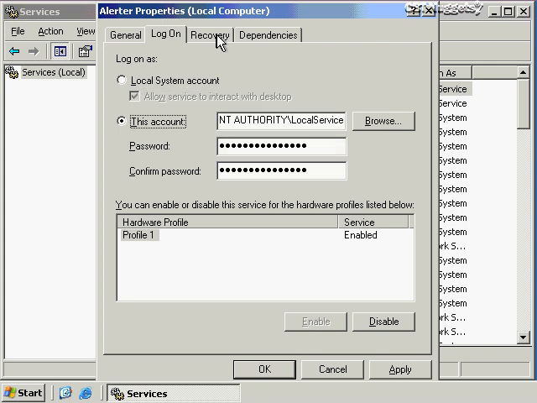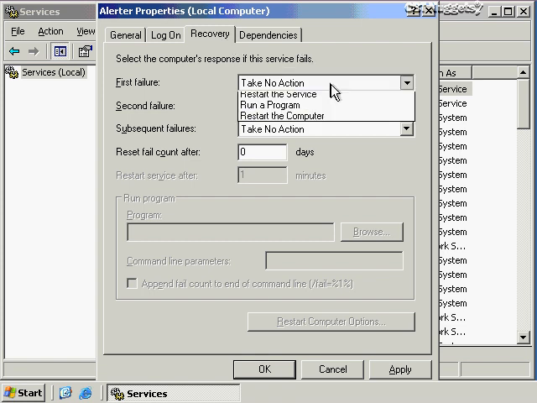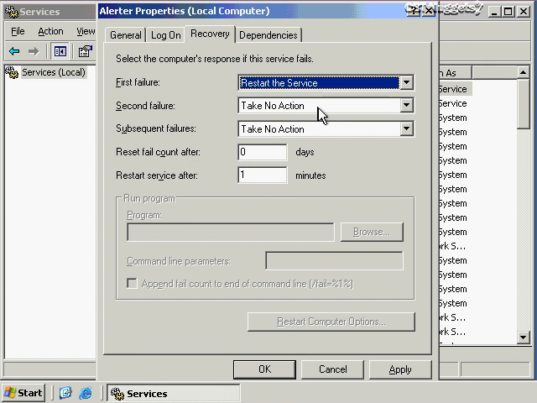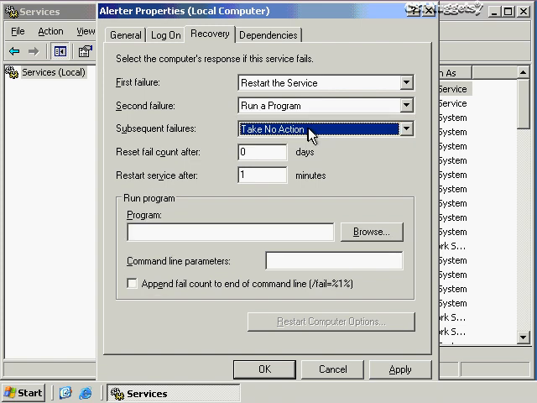And then if this service is supposed to be running and then it crashes, we'll see what happens in recovery. We can say after the first failure, take no action, or we can say restart the service. And then after the second one, we can say again, maybe run a program, maybe run a net send batch command that will send a message out to an administrator account somewhere so we can be notified of a problem. And then maybe any subsequent failures, we'll just take no action. And that might be advisable because we might not want this to continually try to use processor cycles restarting if it's not able to start after the second time, because, hey, if it can't start twice, there's probably something else going on that needs to be checked out here.